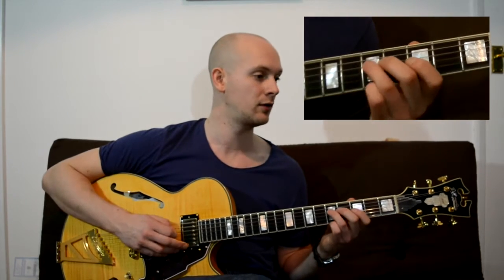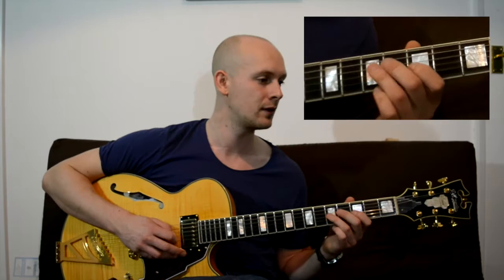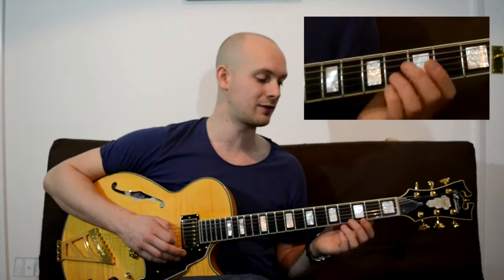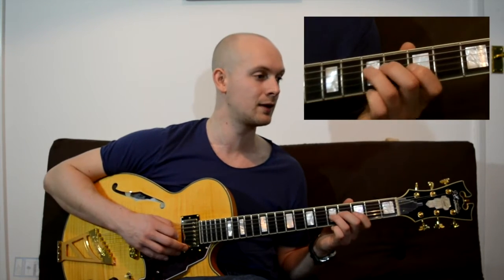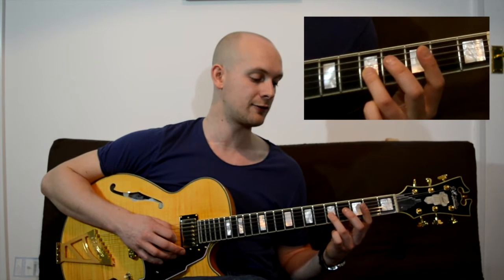And notice how the notes are kept very short. You could play them longer, but it's not quite as effective. Now the second part of the riff starts exactly the same. So you play 5 on the 3rd string, then you go out to the 5 on the 4th string,